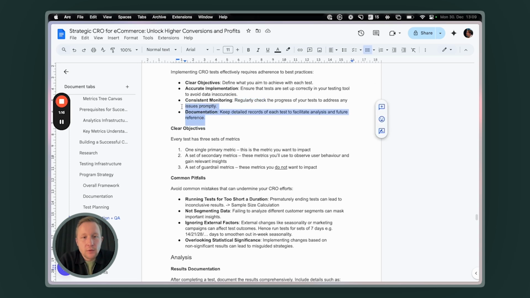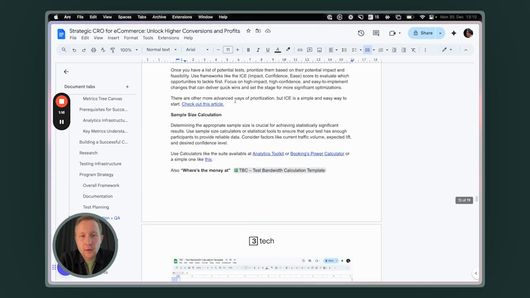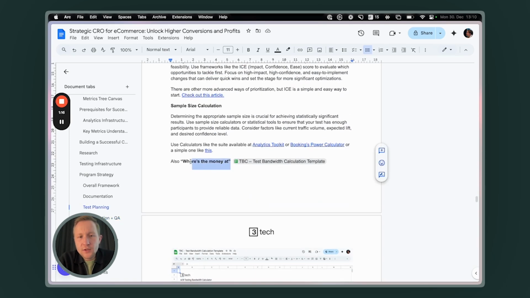And then also I talked about this in depth, or more or less in depth: documentation. At least I repeated it a couple of times. Make sure you're keeping detailed records of your experiments. Now, I just mentioned bandwidth, and I realized I skipped over something, because one question that comes up regularly